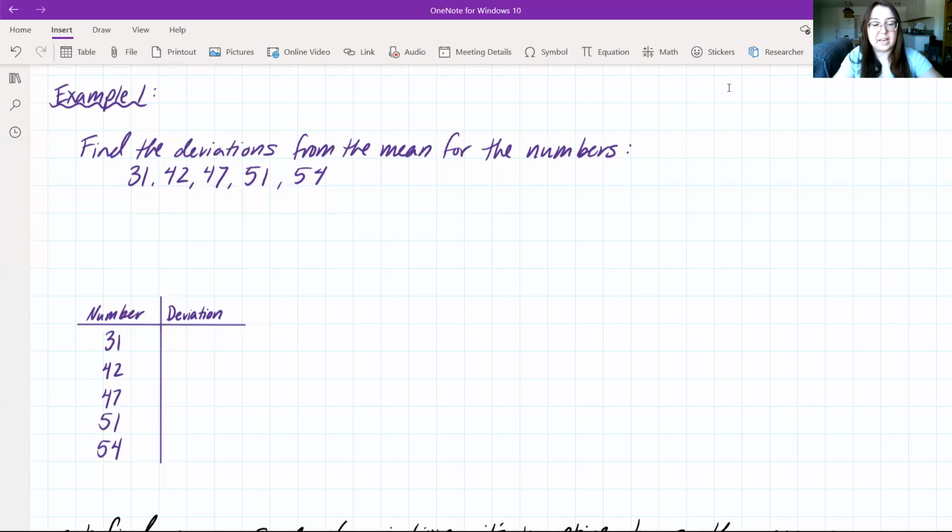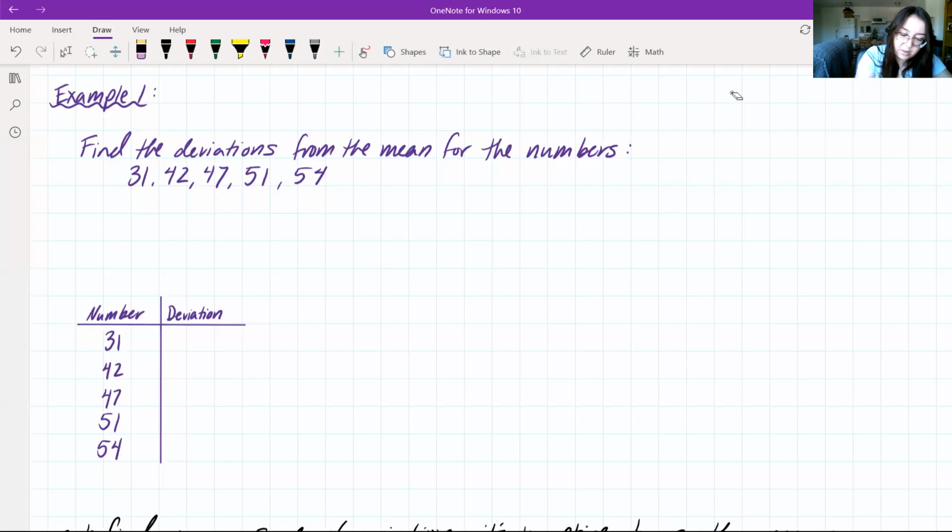So we know how to calculate the mean. It's the sum of all the values that we have in our list of numbers, and then we divide by the number of numbers. Remember that when we talk about the mean, we're going to write x bar instead of the word mean. So we can say x bar